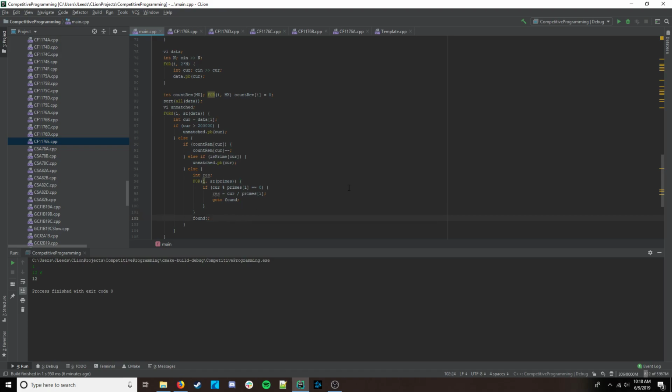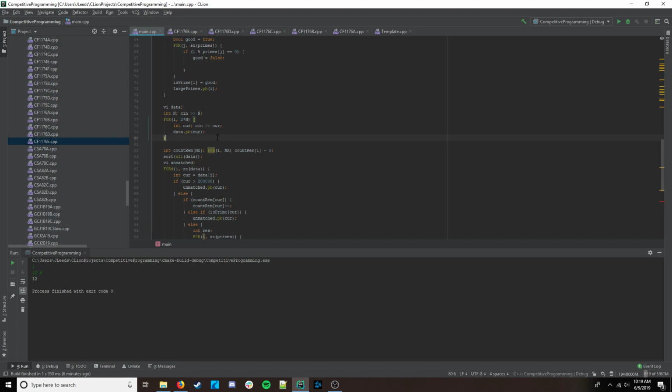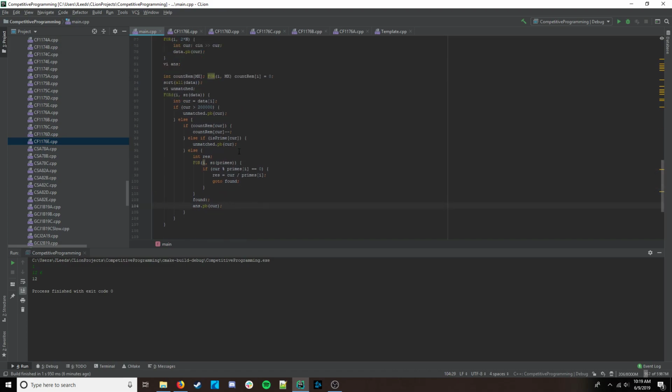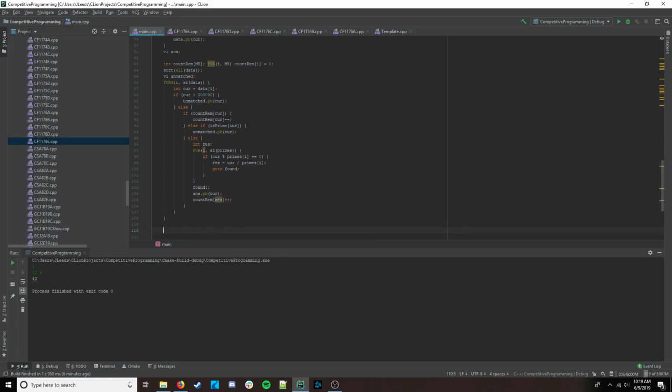And stop pushback of cur. I still have ants defined, right? I don't think so. Okay. Oh yeah, I have it defined down here. All right, so ants dot pushback cur, count plus plus. Okay, so hopefully that gets us a correct way to deal with the composites, and now